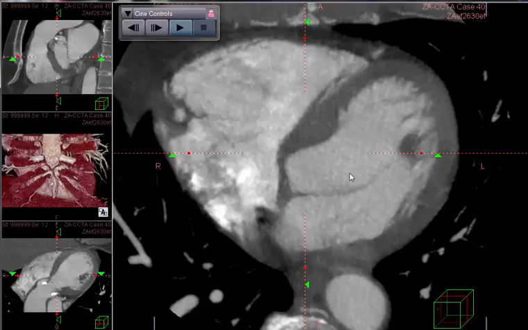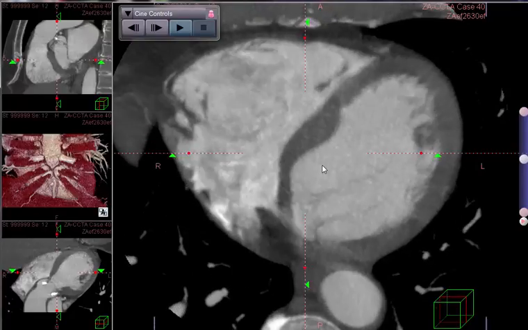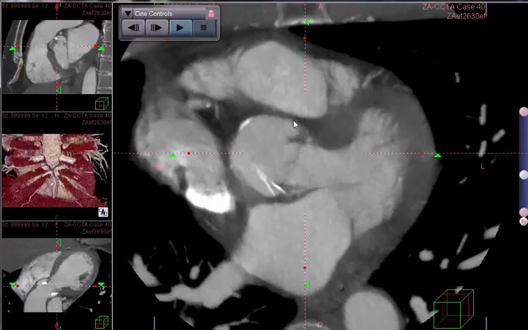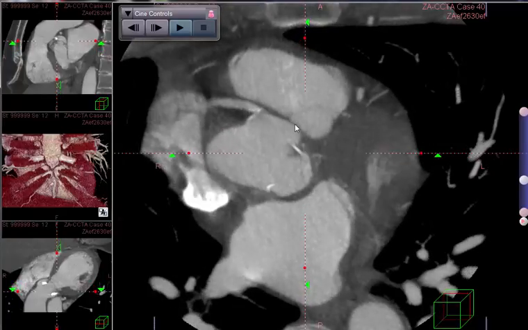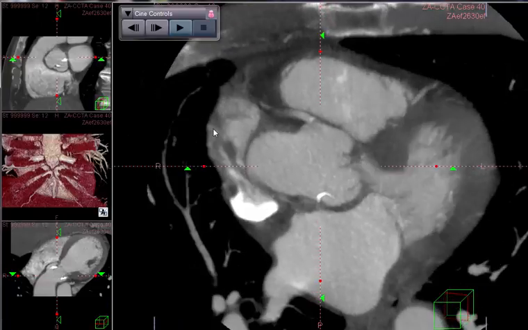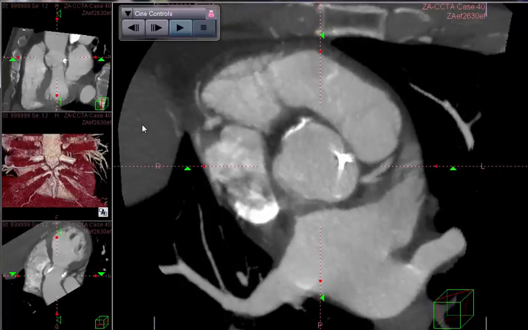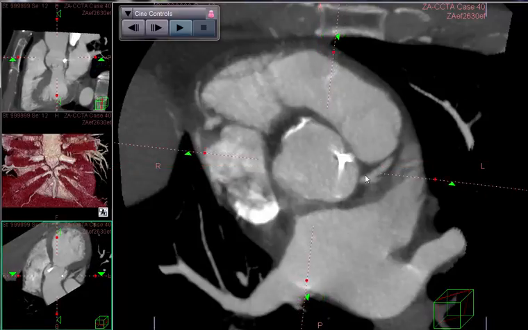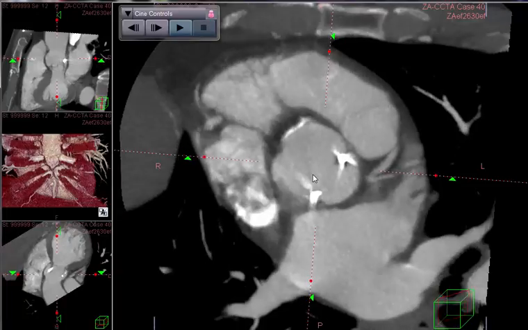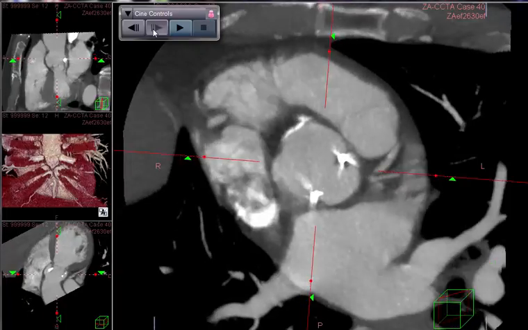This is a 10-phase study intended to look at cardiac function, left ventricle, right ventricle. Let's move up to the area of the aortic valve. You can see here that there has been an intervention, so I'm going to rotate around to that area, get a little bit better idea of the distribution, move around a little bit to try to see this valve a little bit better. Now I can then try to get this in a straight en face view and look at